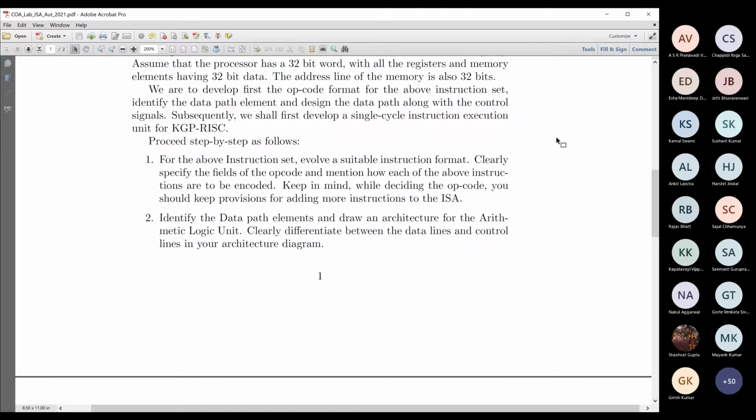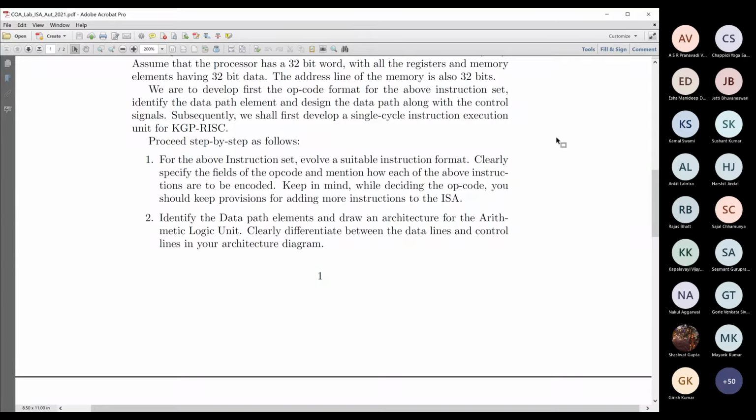This is a very simple instruction set, so you will have a lot of options. There is no particular requirement that you must follow this, just some suggestions: have a look at the way MIPS instructions are encoded and try to follow good instruction encoding practices.